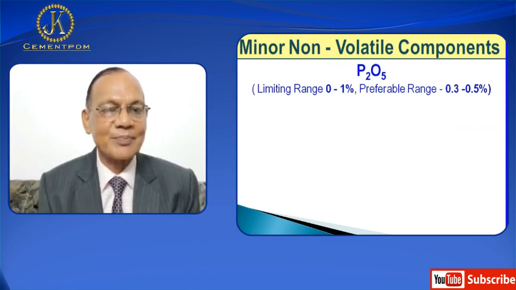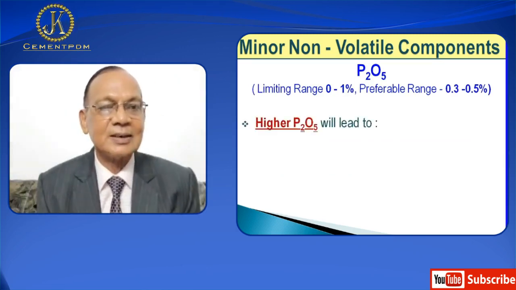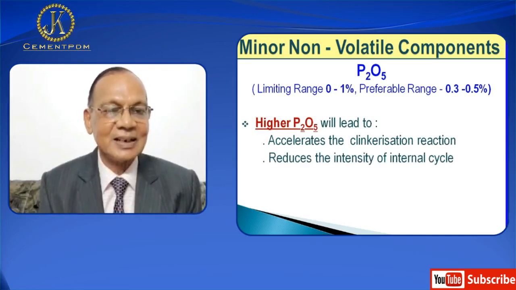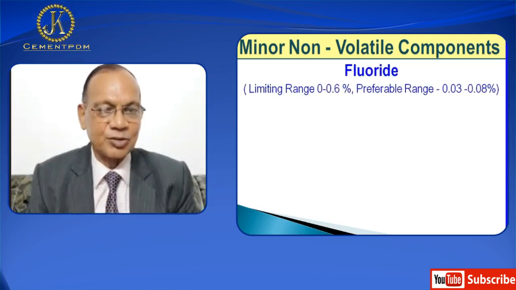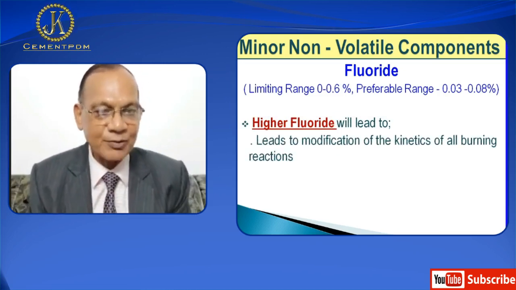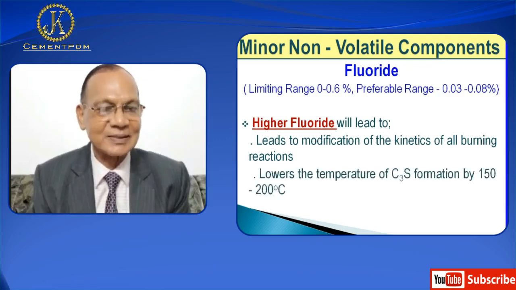Then P2O5, limiting range is 0 to 1%, preferable range is 0.3 to 0.5%. Higher P2O5 accelerates the clinkerization reaction, reduces the intensity of internal cycle, reduces C3S. Fluoride, limiting range is 0 to 0.6%, preferable range is 0.03 to 0.08%. Higher fluoride leads to modification of the kinetics of all burning reactions, lowers the temperature of C3S formation by 150